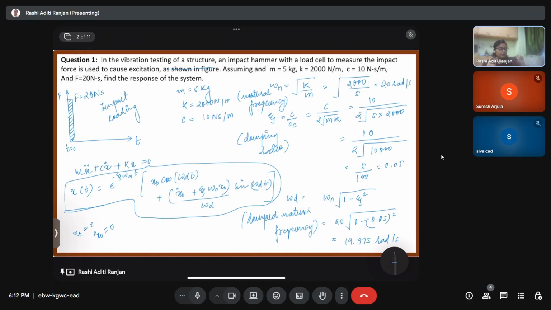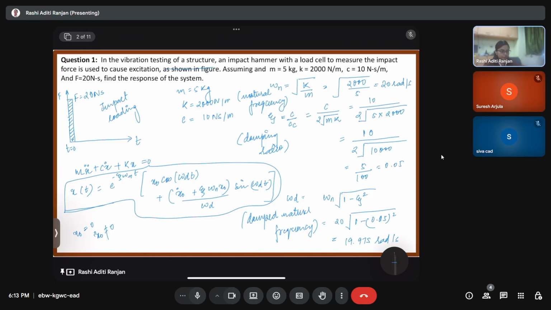But now we are actually giving an impact at t equals 0, which is going to give a velocity to the system. We assume that this impact is for a very small time, and hence we can say that the initial position before the impact and immediately after the impact is exactly the same. So we are going to take x naught equals 0, but x naught dot is not equal to 0. And this value we are going to get from the effect of